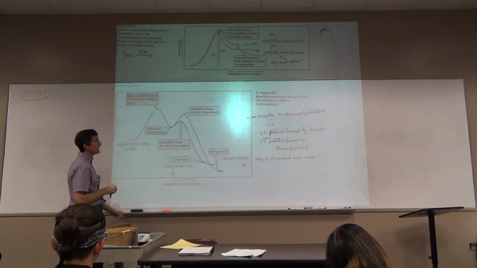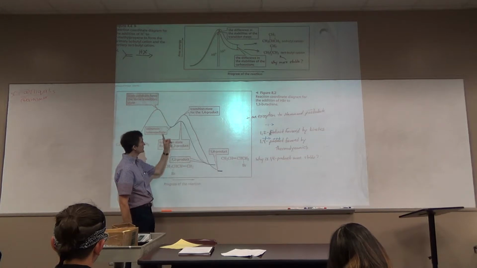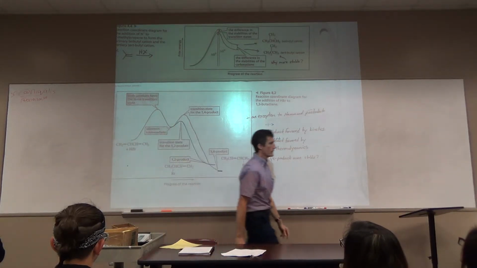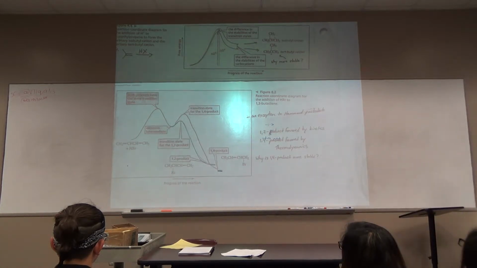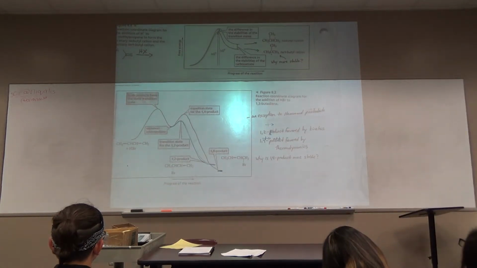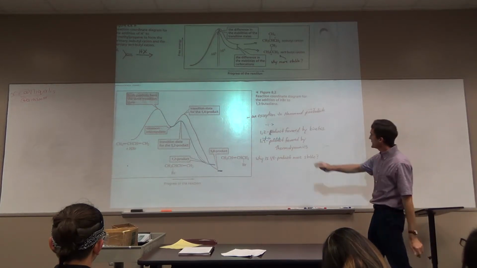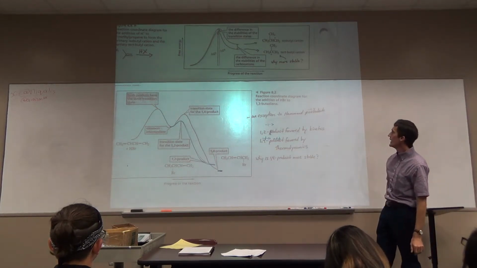So we'll have to understand why this is. Why is it actually slower to form the more stable? Okay? We'll have to discuss that with the questions on the side. By the way, the idea that the transition state sort of mimics the product, that's called the Hammond postulate, but